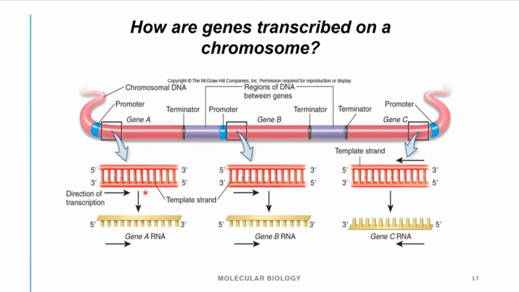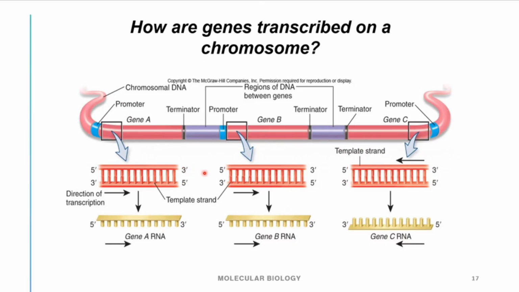So for gene A and gene B, the transcription takes place from left to right. As we have learned earlier, the RNA polymerase is reading from the 3' end to the 5' end of the DNA. Therefore, you can see that the bottom strands of both gene A and gene B are the template strands that the RNA polymerase is reading, and the top strand is therefore the coding strand